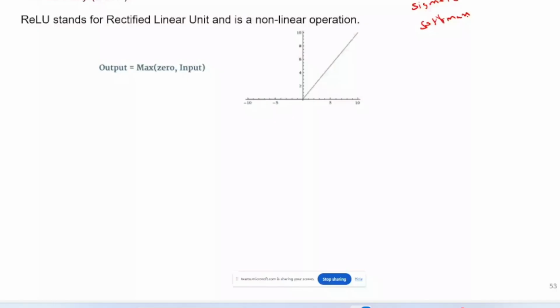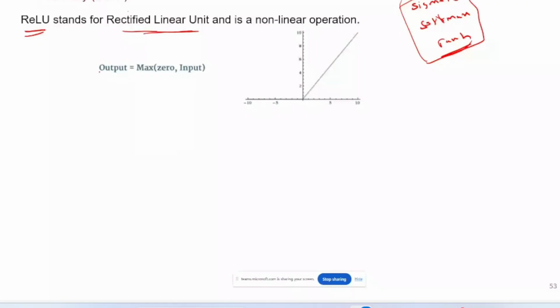But these are not sufficient, because with these activation functions you can get an issue called the vanishing gradient problem. The gradients will vanish, which means the slope goes to zero, so it will not give better accuracy. That is avoided with the ReLU activation function, the rectified linear unit. It will give non-linearity in your data. The functionality of this activation function is that the output is the max of